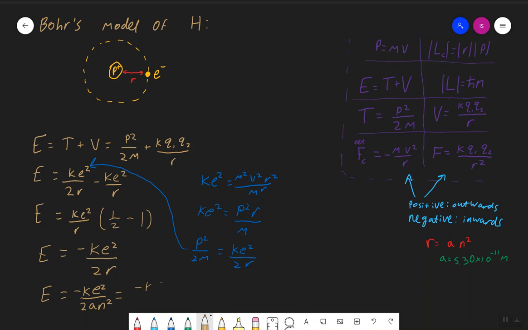This is negative Ke squared over 2a, then times 1 over n squared. So, just like we did before, now we have this constant term out front. This is a constant, and so we can actually plug in and find the value for it. I'm going to call this term E1,